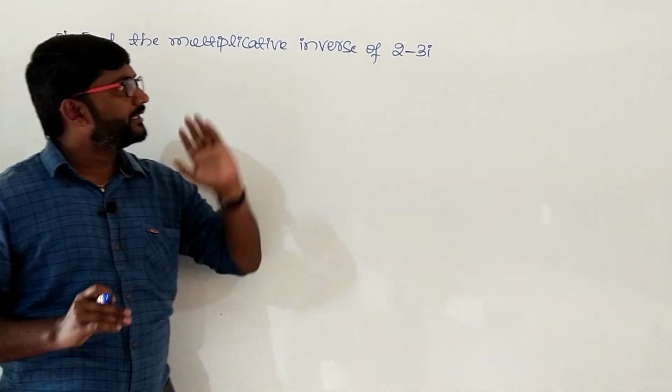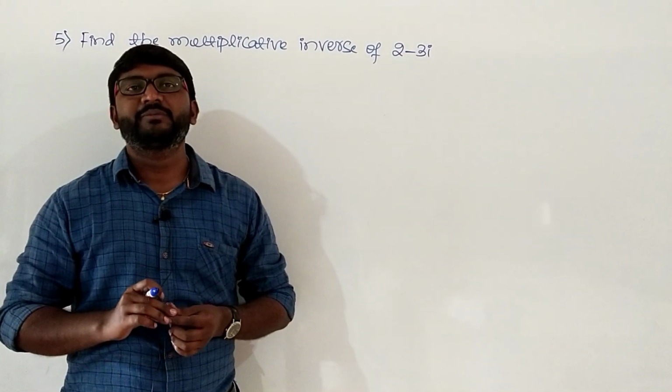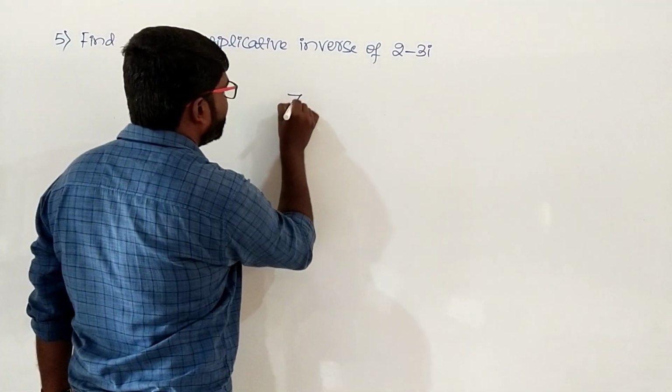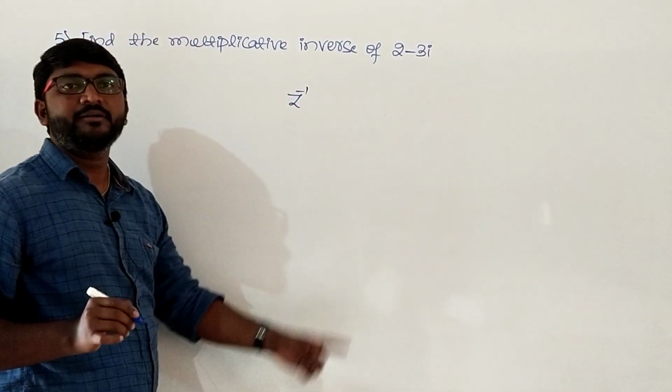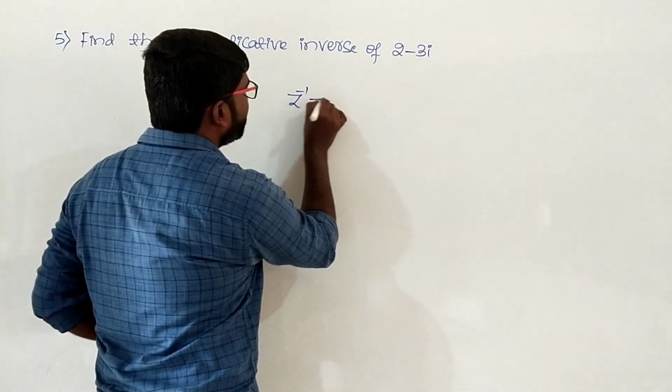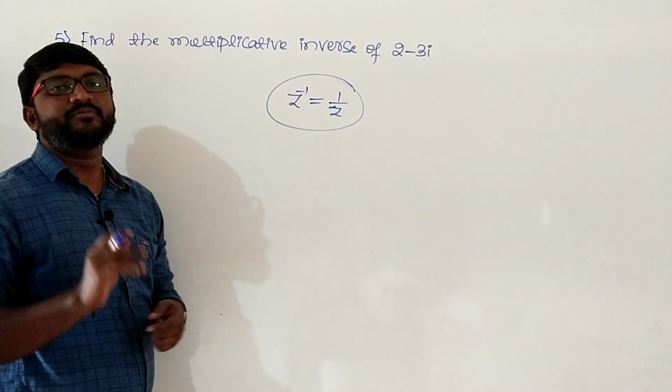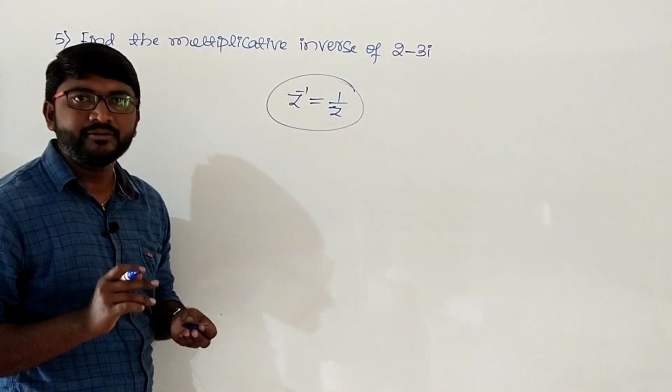ಇಲ್ಲಿ multiplication concept ಅಲ್ಲಿ ನಾವು ಡಿಸ್ಕಷನ್ ಮಾಡಿದ್ದೀವಿ. multiplicative inverse ಅನ್ನು ಹೆಂಗೆ ಡಿನೋಟ್ ಮಾಡ್ತೀವಿ ಅಂತ ಹೇಳಿ. So it is denoted by z inverse or z to the power minus 1. It is nothing but 1 by z. So by making use of this concept, we have to find the multiplicative inverse.